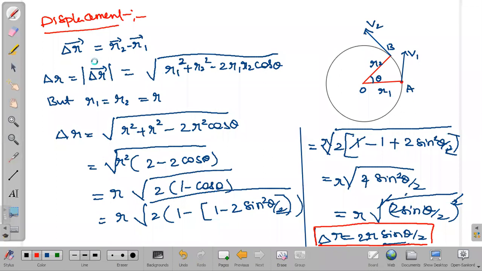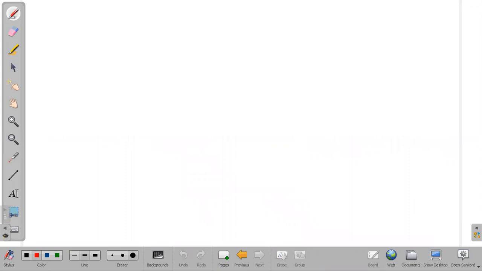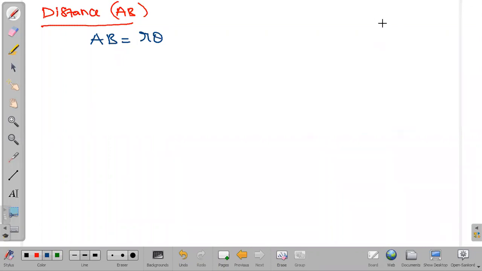Now the distance part I will be writing here itself. Distance is equals to... what is the distance in the diagram? AB. So distance AB, if we write, what do we get? Generally AB can be written as r into theta. Usually we write theta is equals to arc length AB by radius. From there I am writing AB is equals to r into theta. This is the general formula, it comes in school level. Now AB is equals to r theta, that is our distance.